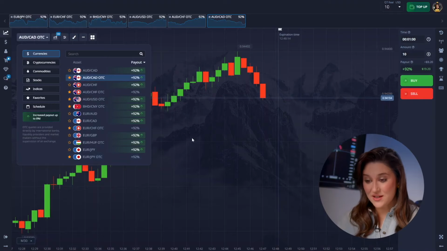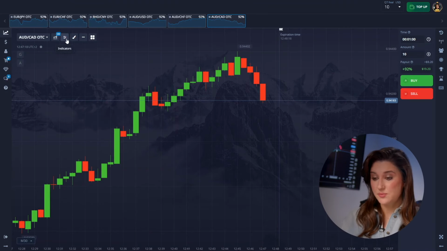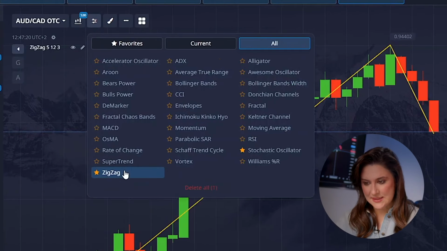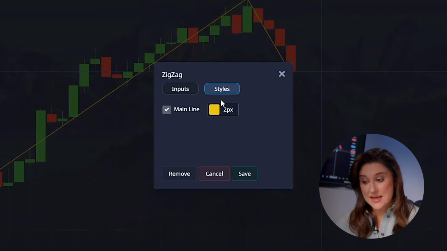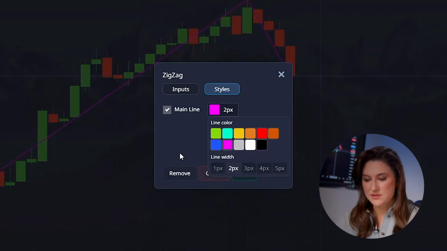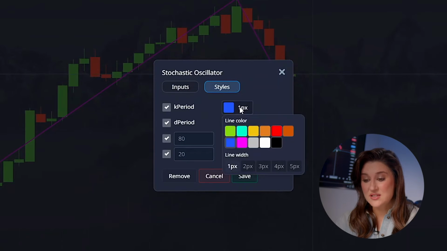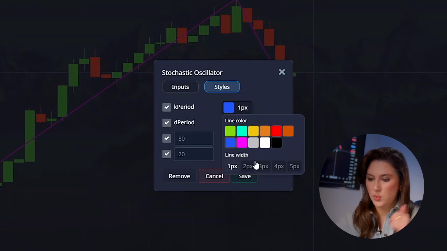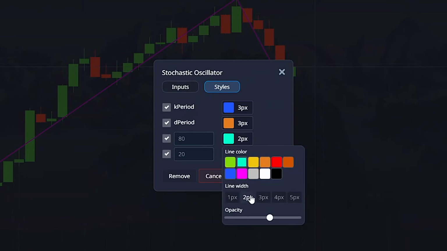Now let's dive into the practical part. Alright, I've got almost everything set up for today's session. I've selected the pairs and tools I'll be working with: zigzag and stochastic. They help me read the chart more clearly. Zigzag highlights key reversal points and filters out noise, while the stochastic indicates moments when the market might be overheated or weakened. Together, they provide a cleaner view for analysis.